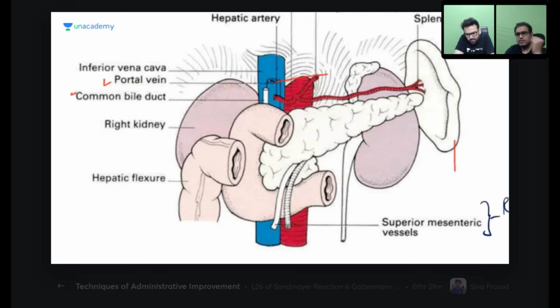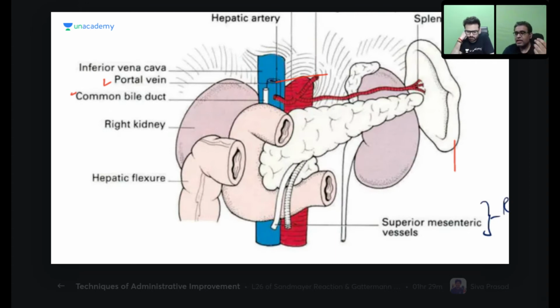Very good, Chino. Yes, Jayansh, very good. Yes. The right one is not behind the pancreas. So you may note it down. Right kidney is behind the D2. It is behind the second part of the duodenum. And the left kidney is behind the body of the pancreas. Okay, so pancreas is only related to the left kidney. And with the left kidney, maybe some part of the ureter, renal artery, renal vein, that is common sense.